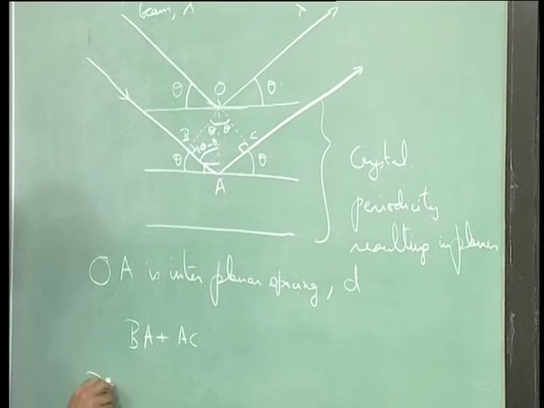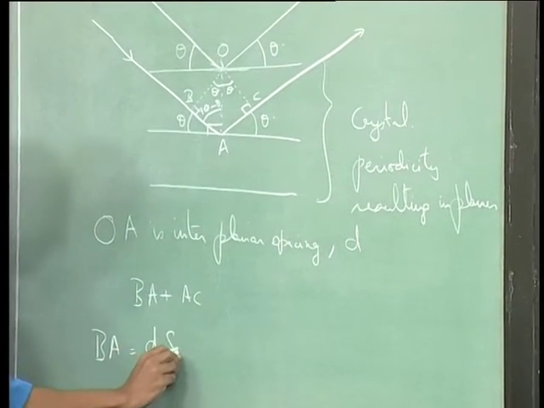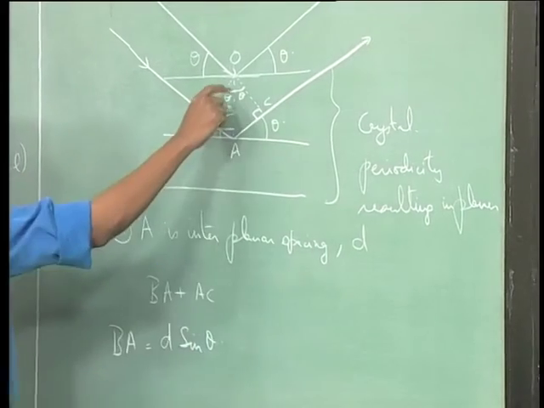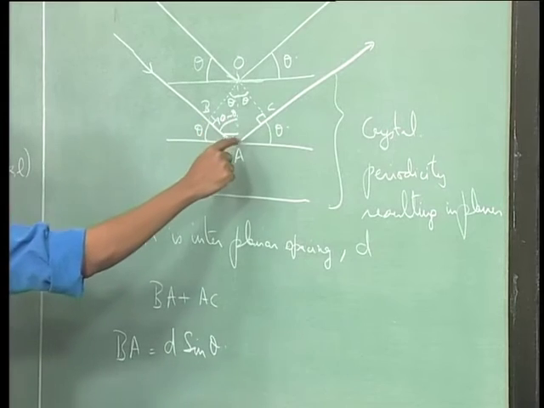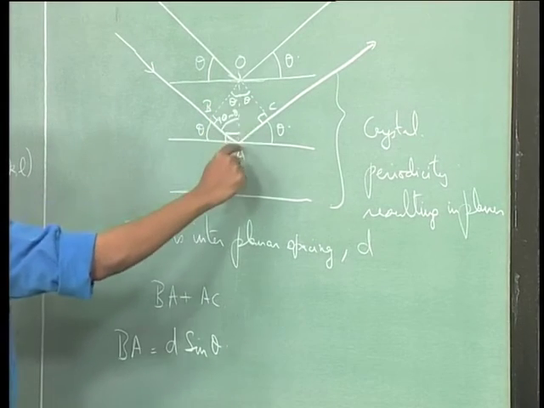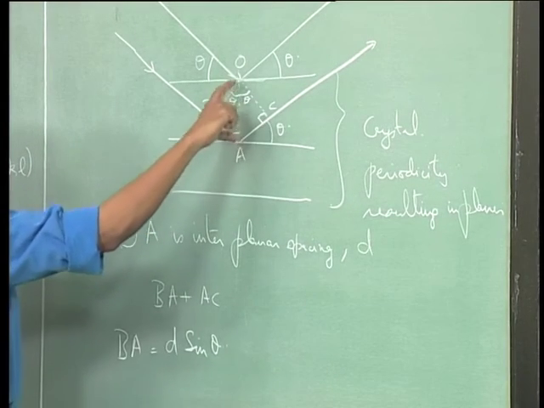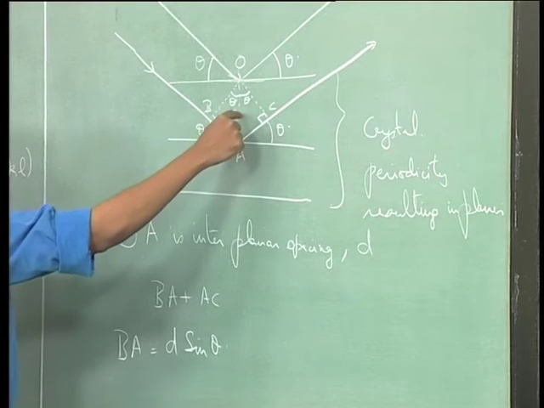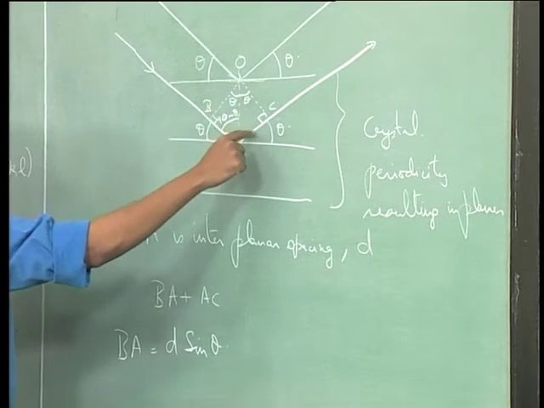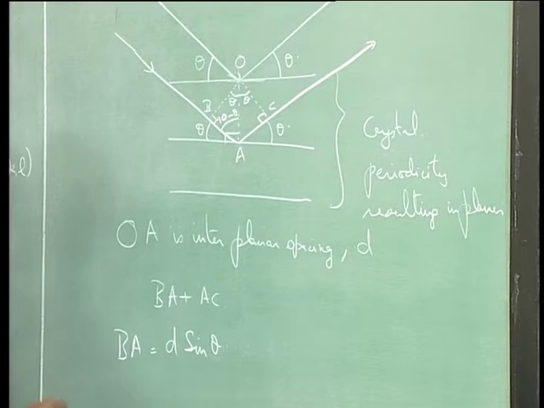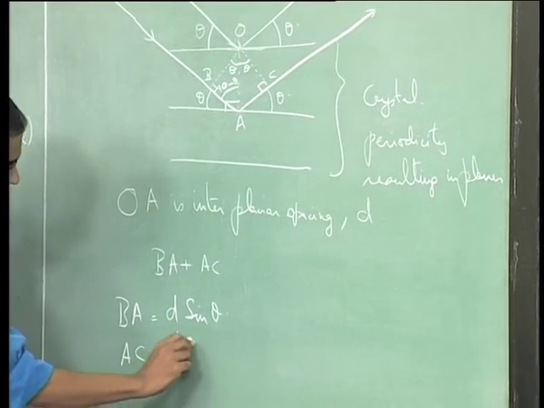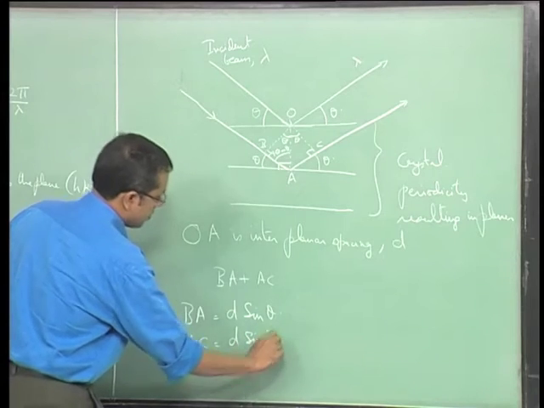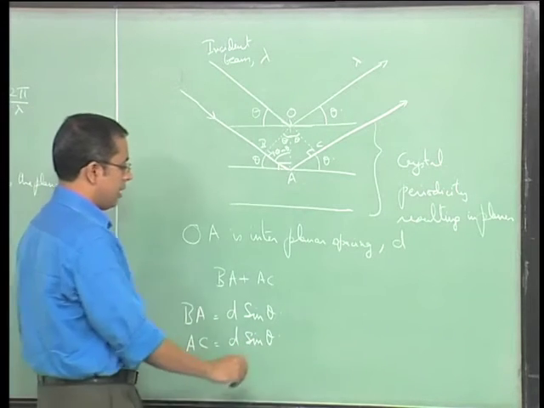So BA equals D sin theta, that is theta, and so D sin theta would give us this distance, and similarly D sin theta would also give us this distance, because it is the same relationship here. This is D and sin theta of that would bring it here. So similarly AC is also D sin theta,